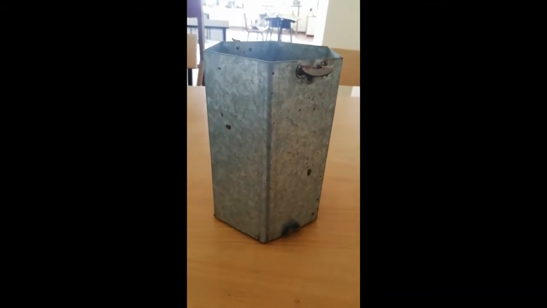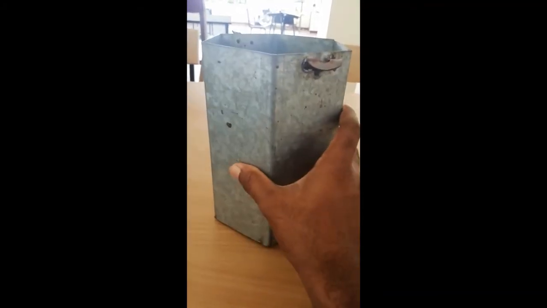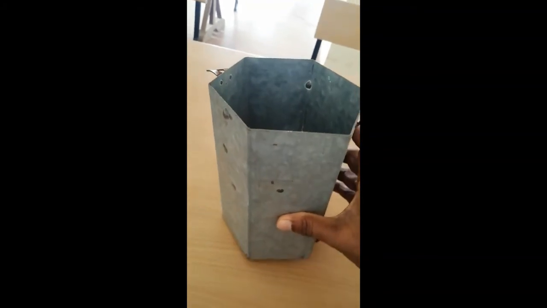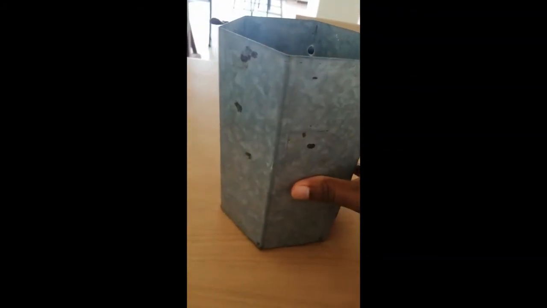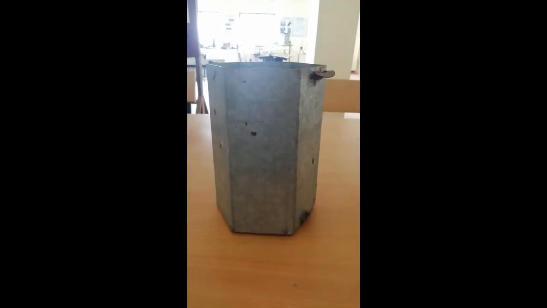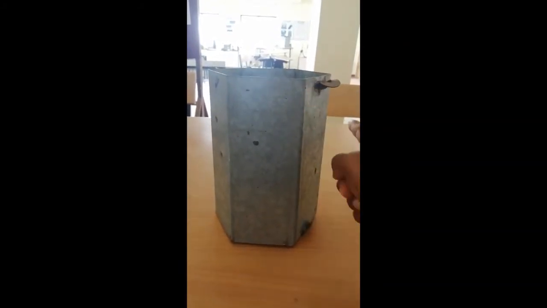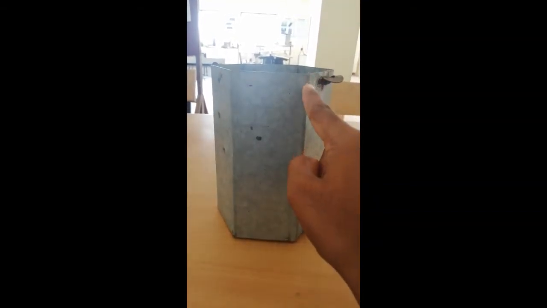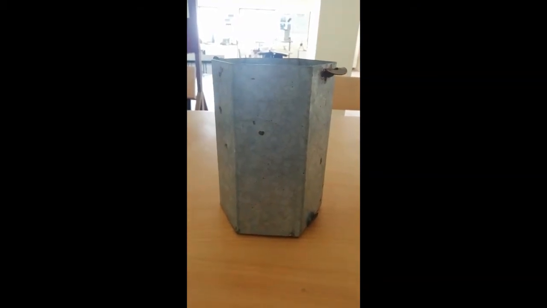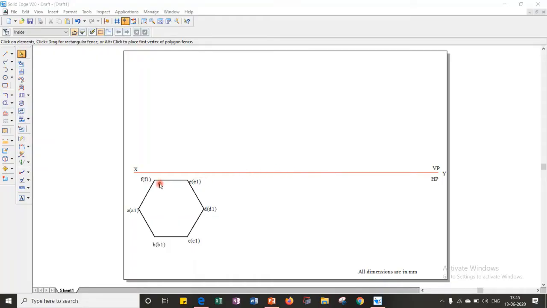If the given question says the hexagonal prism is resting on one of its corners of base, then we have to place the prism like this, or in top view the prism will be like this. Rotate it such that the prism will be resting on one particular corner. So this will be the front view of the prism if it is kept in corner condition. Here a total of 4 edges are visible: right extreme edge, these two vertical edges, and left extreme edge. These many edges are visible in front view. So in this problem I will keep this hexagon in corner condition.